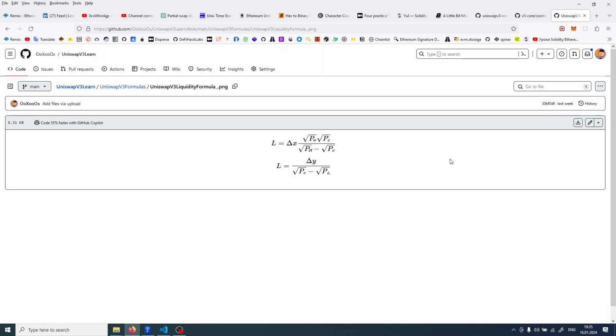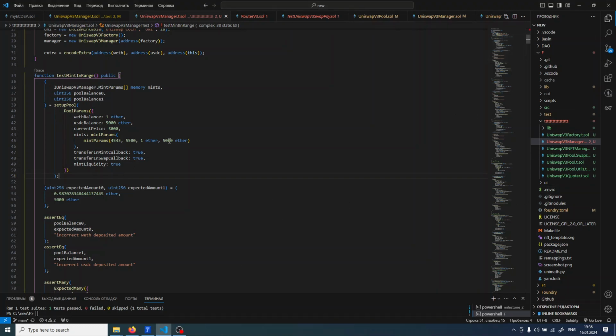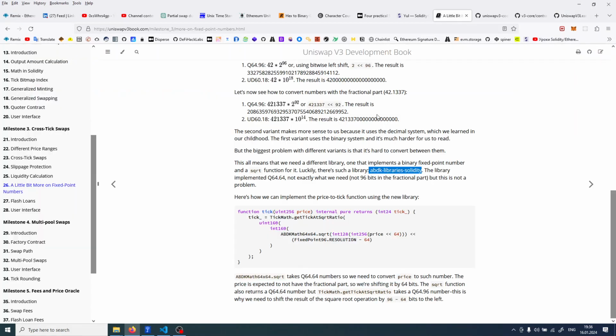Okay, next question about liquidity. How we calculate this in Uniswap V3, and I show how I implement a fast way in Solidity code, not in Python, because I want to do this fast and don't want to create projects, start these tests and compile with any compiler's version, because from this book we don't work with official code. It's very annoying, and